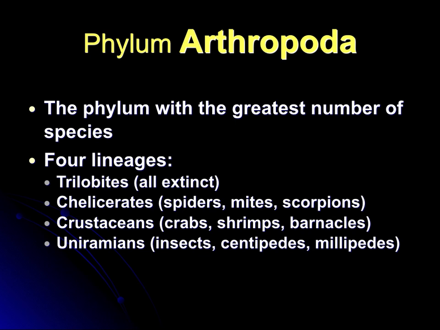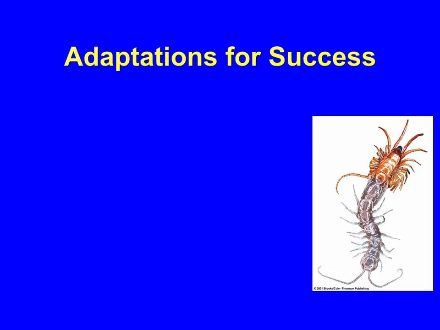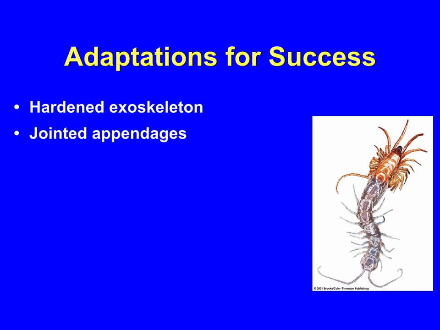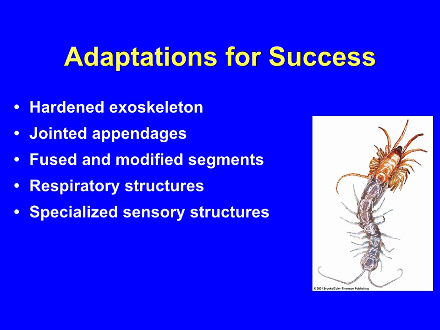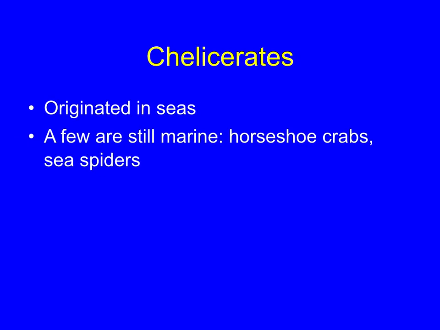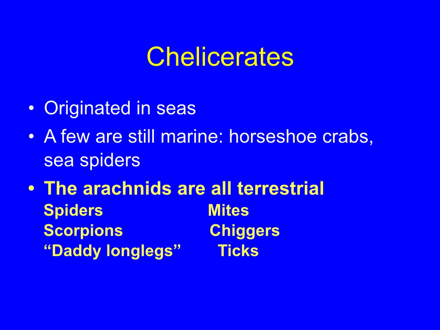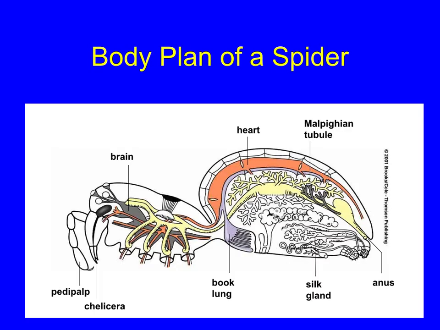As we move through here, we can look at some of their adaptations for success. They have a hardened exoskeleton. They have jointed appendages. They have fused and modified segments. They have respiratory structures, specialized sense structures, and a division of labor. So as we look at chelicerates, they originate in the seas, just as we talked about: spiders, scorpions, daddy longlegs, things like that. In the body plan of a spider, you see the pedipalp and the chelicera in the front, and then we have the paired appendages, heart, and tubes in the